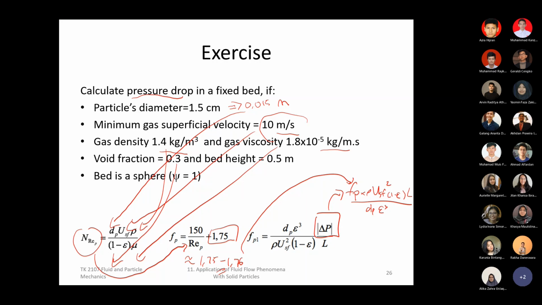So if you want to reduce the pressure drop, of course, one of the obvious ways is to reduce the velocity. Okay, so if you get something close to plus minus 2 bar, that's considered as a high pressure drop. So of course, by just looking at the equation, that's where the main contributor is. The 10 meter per second, if you even decrease it to 1 meter per second, I believe that makes a huge impact, maybe in the order of 100-fold decrease. Okay, so that's the quick analysis.